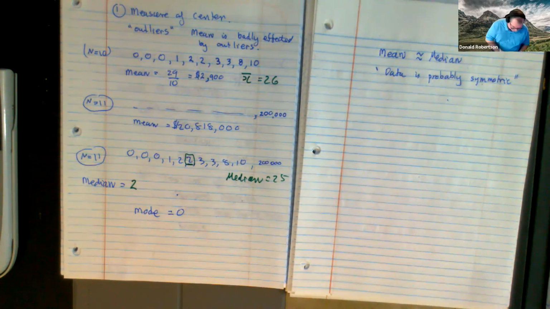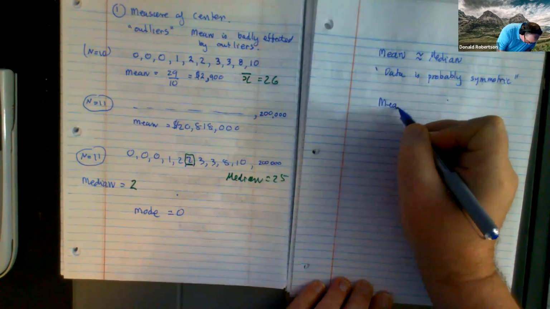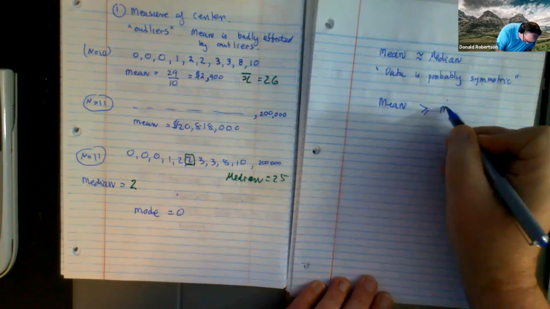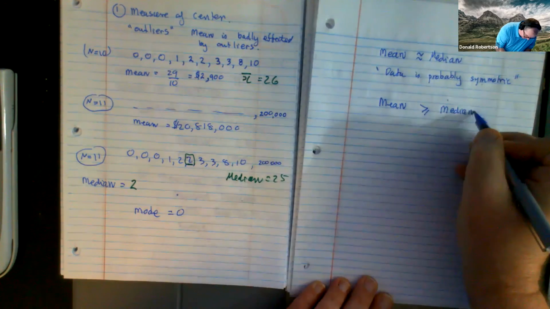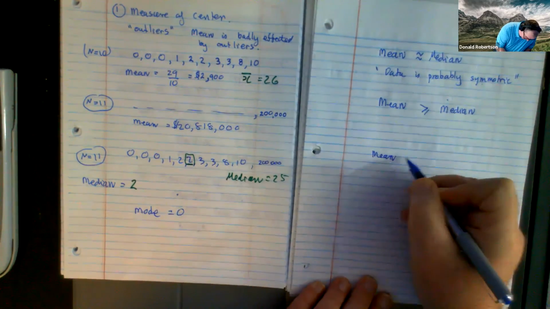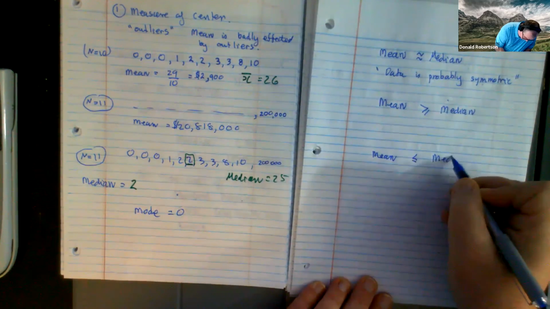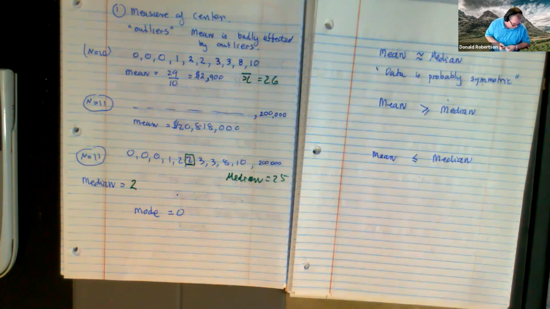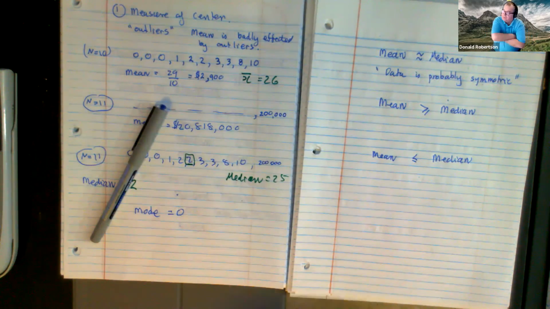That's good. If there are no outliers, and we're making this assumption now that there's no outliers, if the mean is a bigger number than the median, and if the mean, the other situation, is a smaller number than the median, then one of these two is skewed left and one of these two is skewed right. Okay. So if the mean is bigger than the median, what do you think it is? And you're really guessing here because you probably never heard of this. But if the mean is bigger than the median,